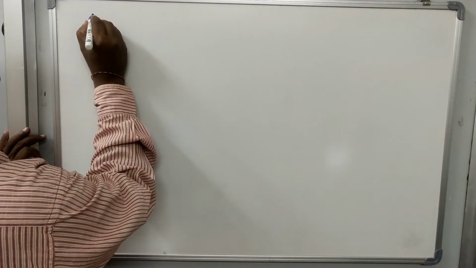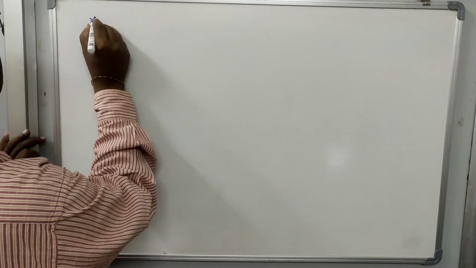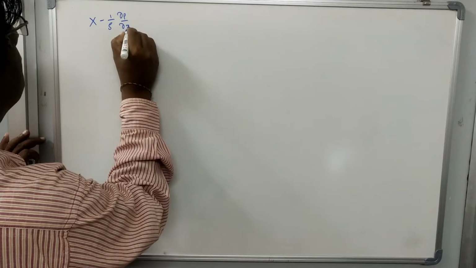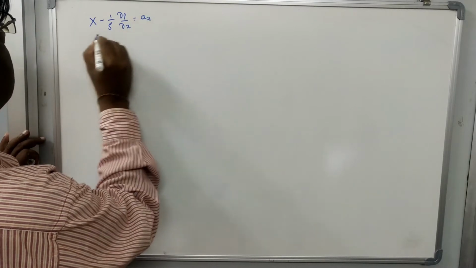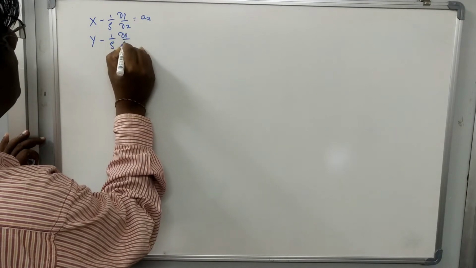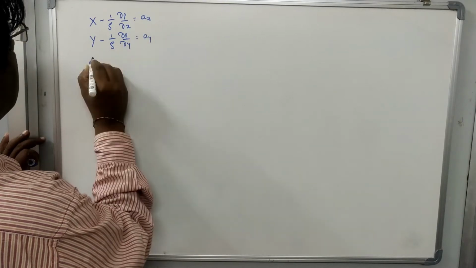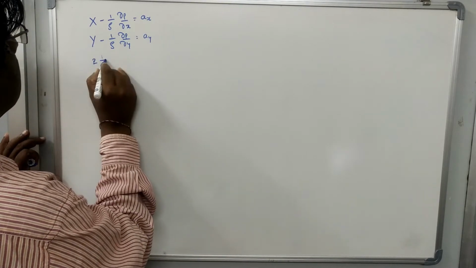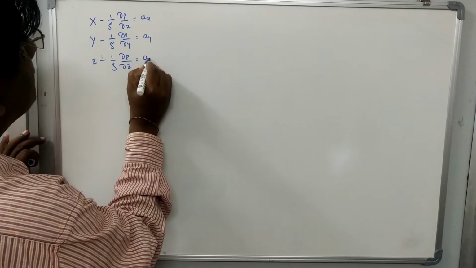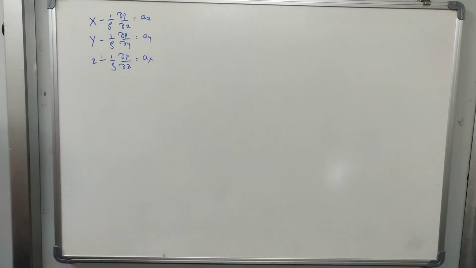Okay, so I will just repeat what portion we have covered in the previous two classes. First, we have derived the Euler's motion equation, that is X minus 1 by rho ∂p/∂x is equal to ax. Similarly, Y minus 1 by rho ∂p/∂y is equal to ay. Then Z minus 1 by rho ∂p/∂z is equal to az. So this is the Euler's motion equation.